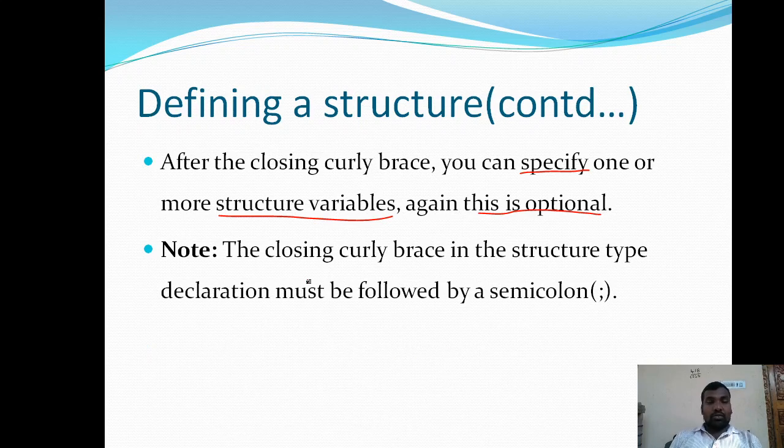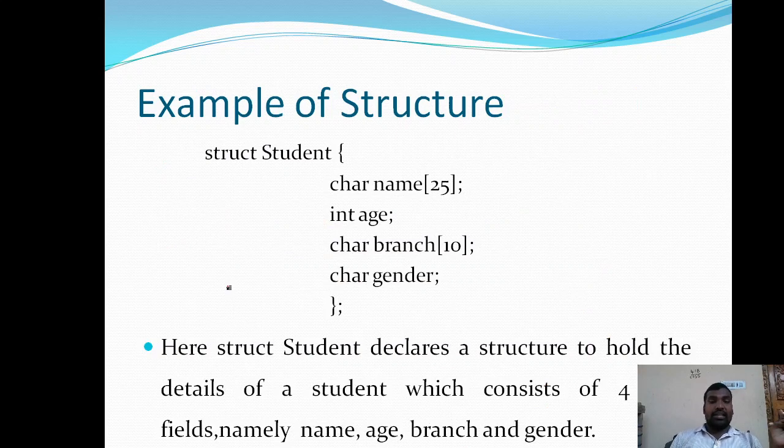Note that the closing curly brace in the structure type declaration must be followed by a semicolon. It is important to note that the structure definition must be terminated with a semicolon. Now here is an example.